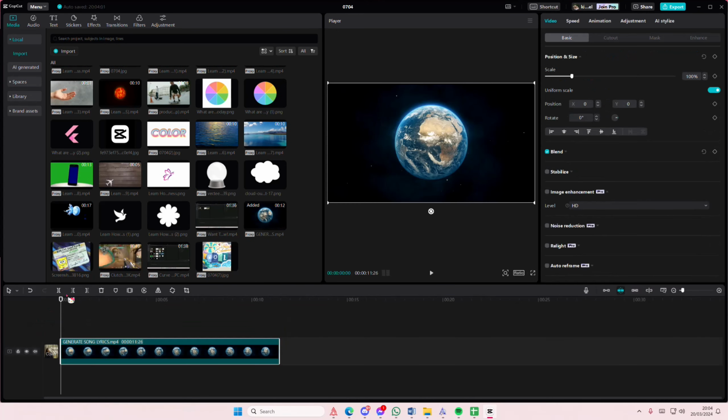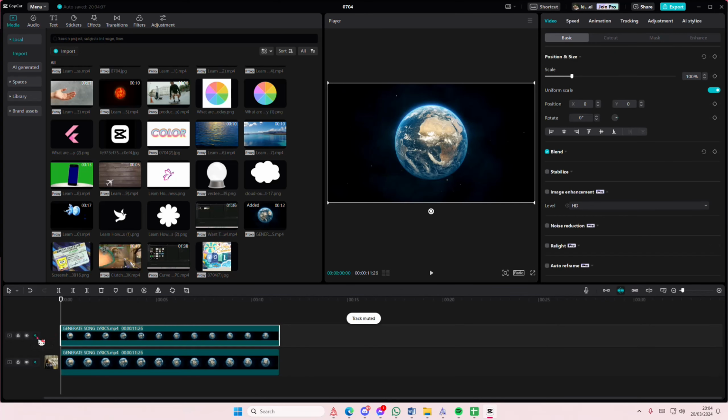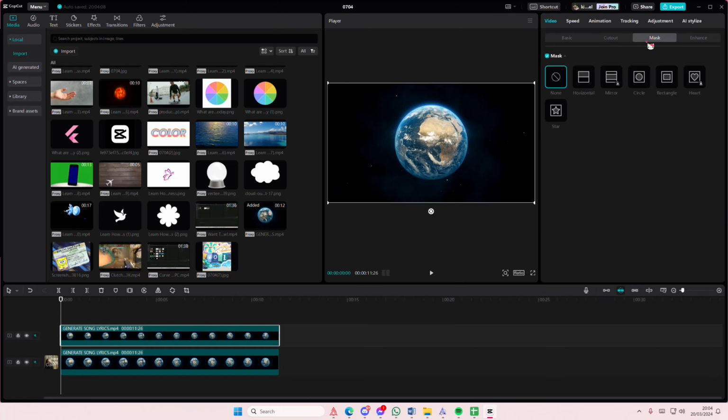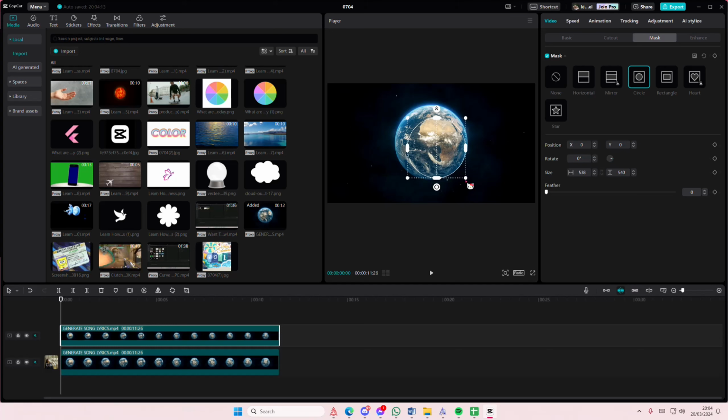In this video, I'll be showing you guys how you can apply glow effect behind any object on CapCut PC. Mostly will work on sphere like objects or on like people. So go to mask and select circle, and I'm just going to